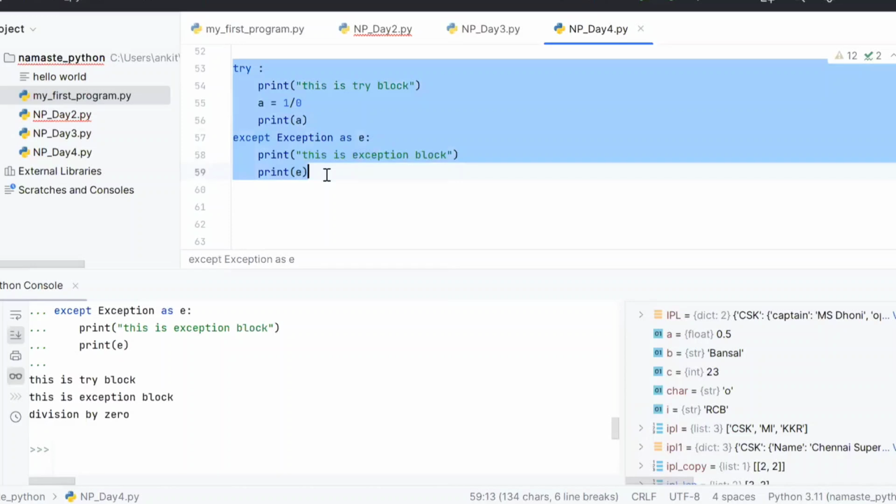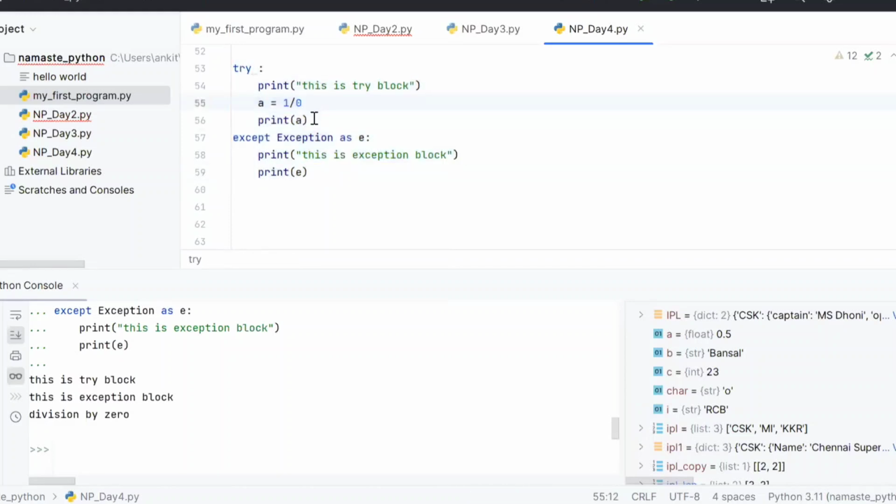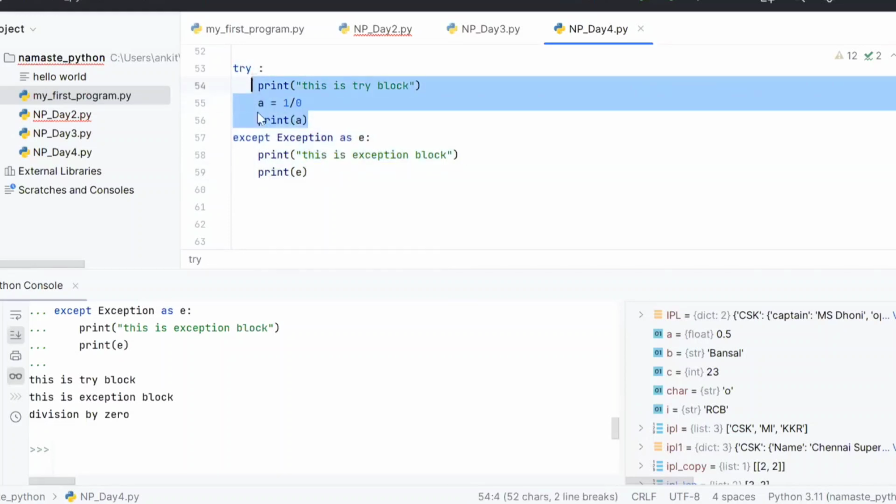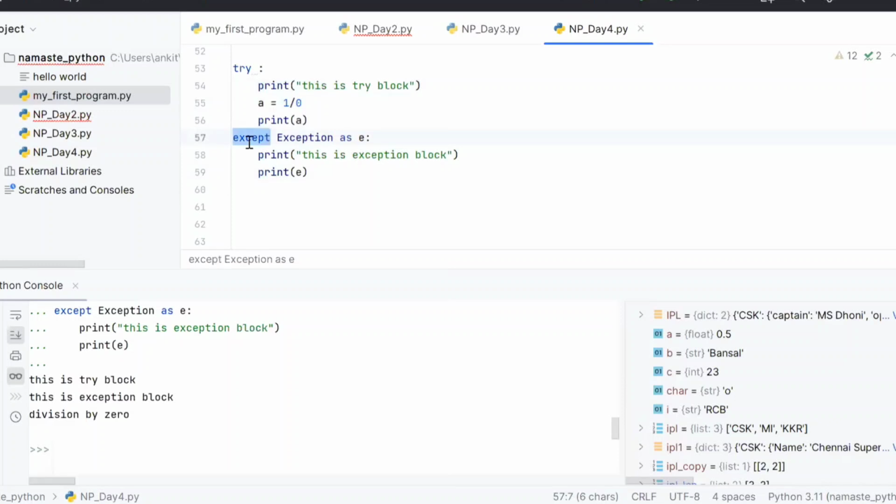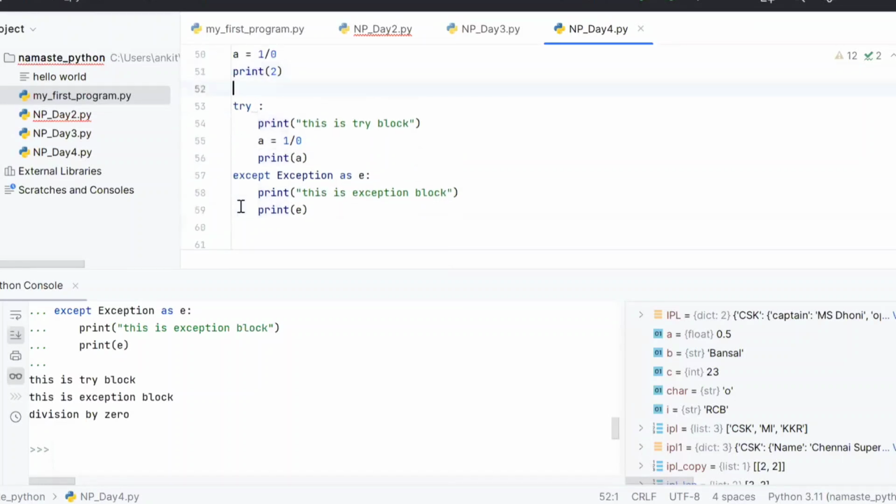It depends on the design of your code. But you can put all of your code in the try block and then one except statement. Suppose we are using 4 try blocks, then we have to use 4 exception handlers. If I write anything outside it, it is outside try except. After try, you have to write except immediately.